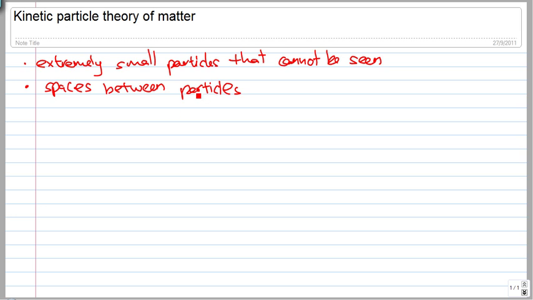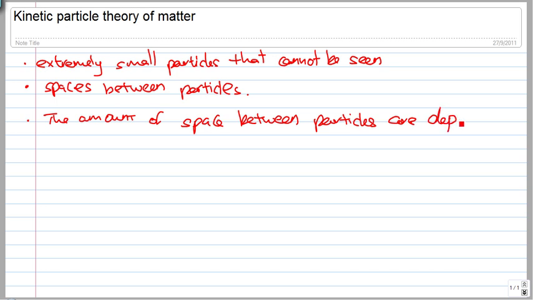And the amount of space, let me just write here, the amount of space between particles is dependent on which state the particles are in. So it's dependent on the state, solids, liquids